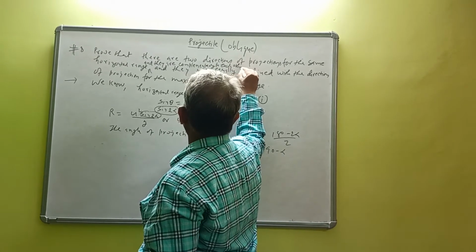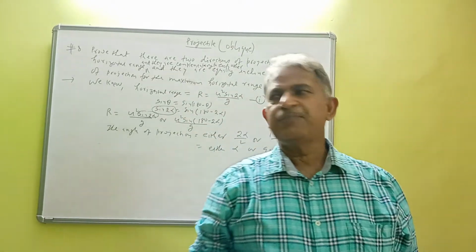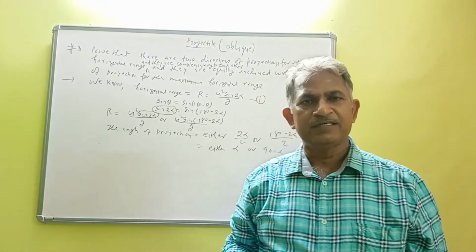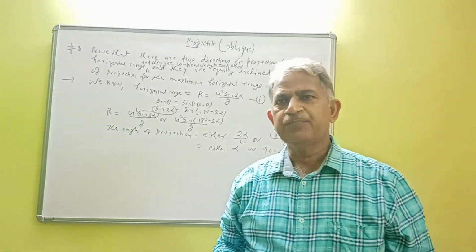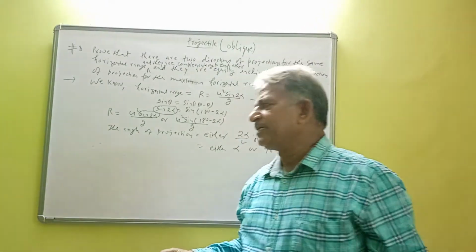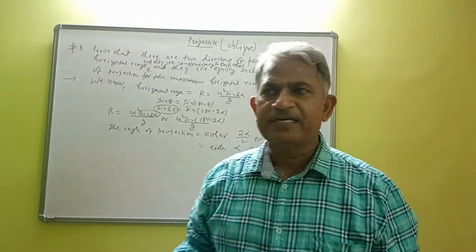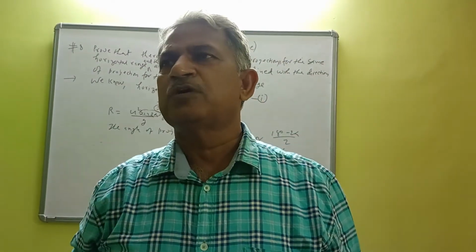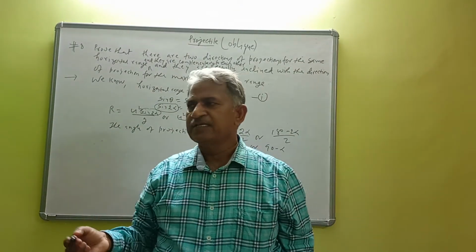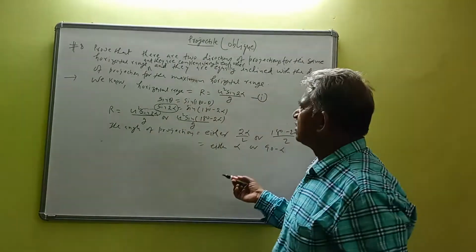What do you mean by complementary and supplementary? If there are two angles x and y, if x plus y is equal to 90 degrees, then x and y are called complementary angles to each other. For example, for 20 degrees that will be 70, and for 30 that will be 60. And when x plus y is equal to 180 degrees, then x and y are called supplementary angles to each other. Suppose one angle is 40 degrees, then the supplementary of this angle is 140. So here is the concept of the complementary angle.